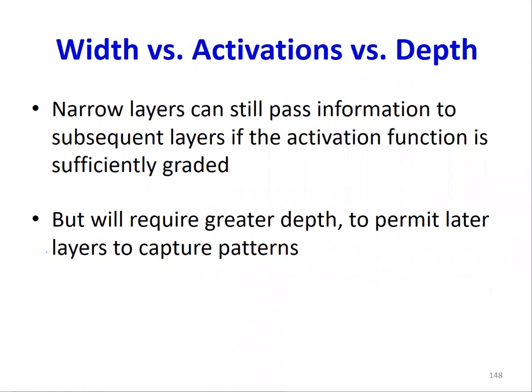So the problem with using identity activation is, what is the combination of two identity activations? The notion of a layer disappears. If I chain 5,000 identity activations, it's the same as one identity activation. So the notion of a layer disappears. You need the nonlinearity. So narrow layers can still pass information to subsequent layers if the activation function is sufficiently graded, but will require greater depth to permit later layers to capture the patterns. It's cheaper to use the threshold, but